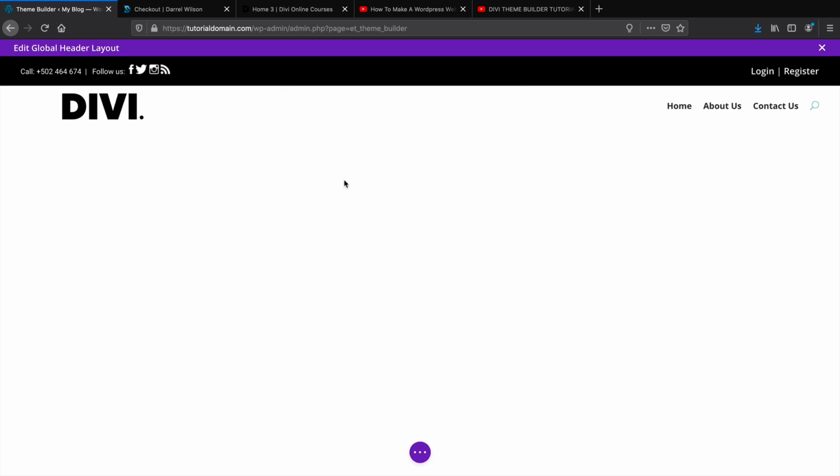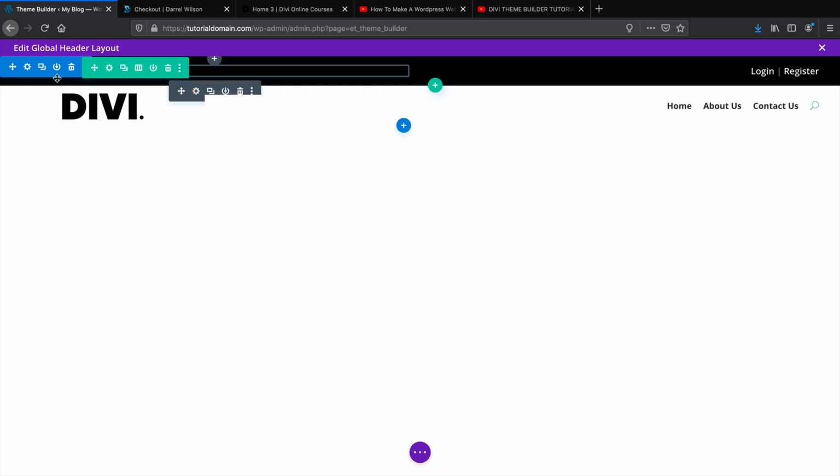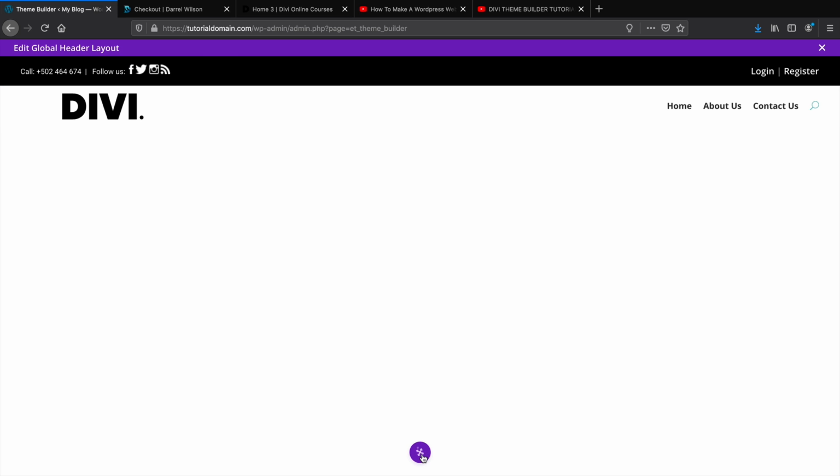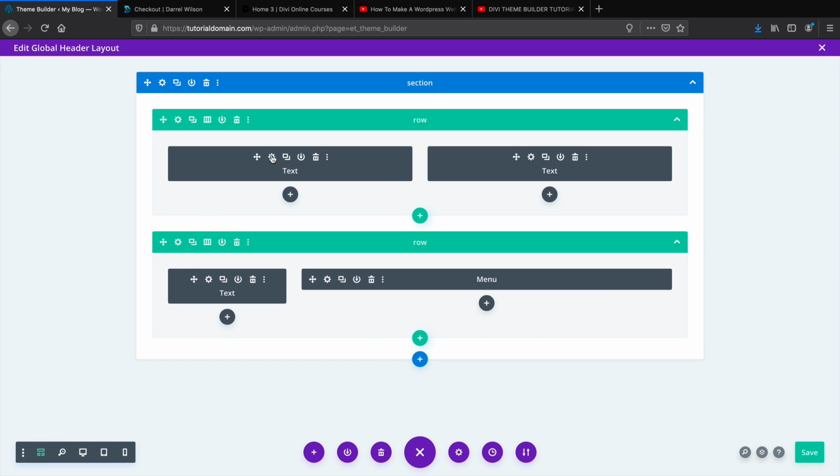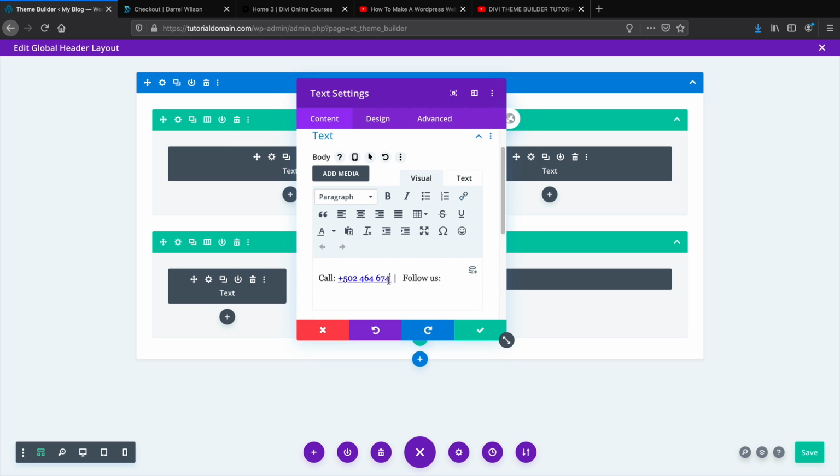Now also right here we have these other icons. Now if you actually can't click on it because everything's too close, what you can do here is click on this little purple icon and then click on this little blocks right here, and you can design everything that you want from here. So for example, click on this gear icon, and let's say you want to put in your phone number right there. So I'll put in like call us at 1-800, you know, I hope that's not a real number, and then follow us